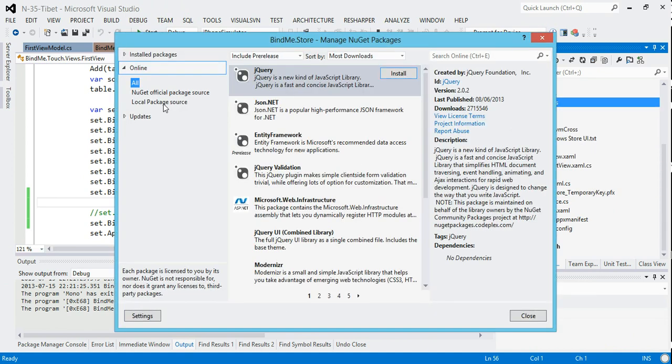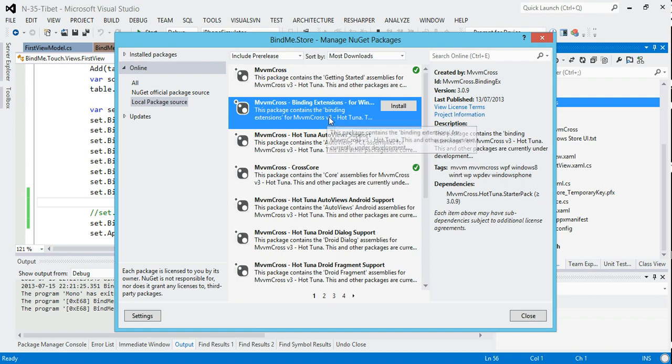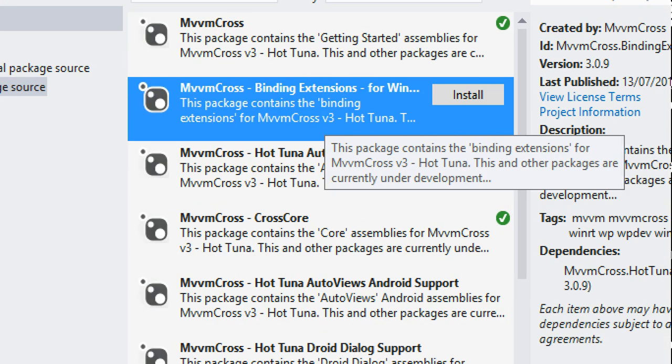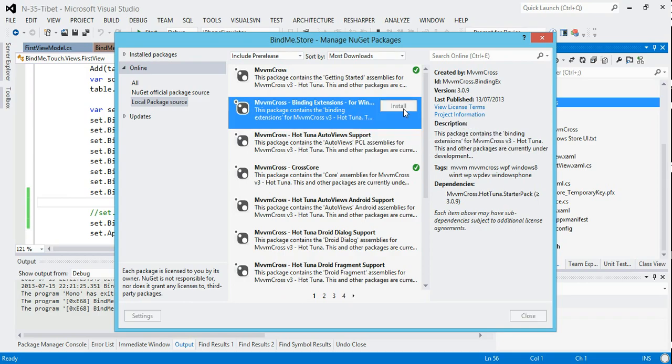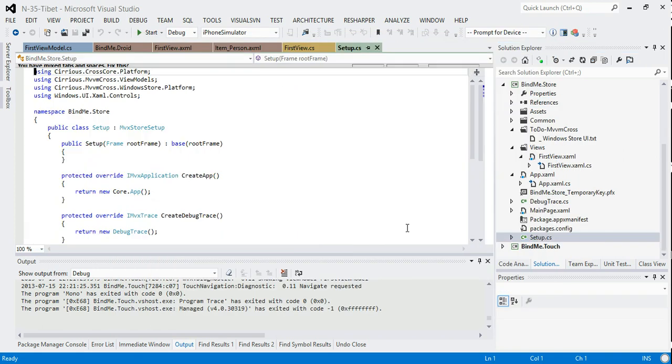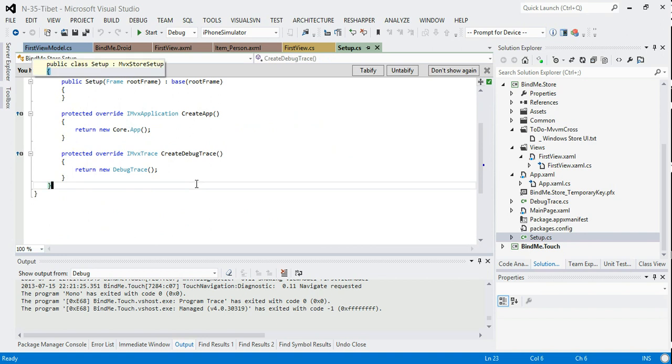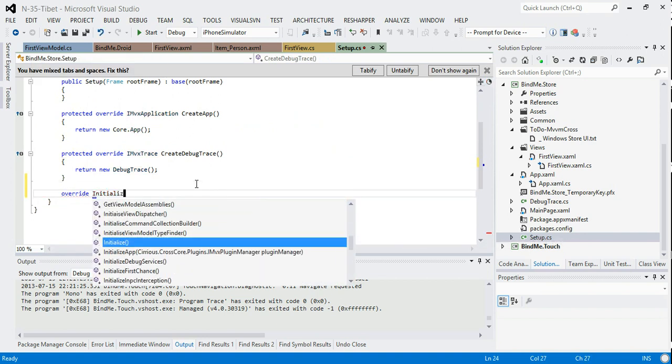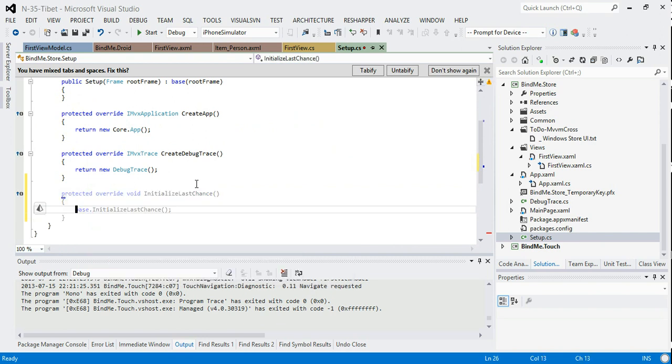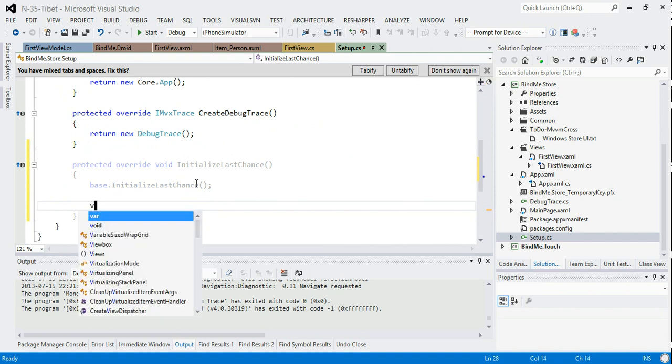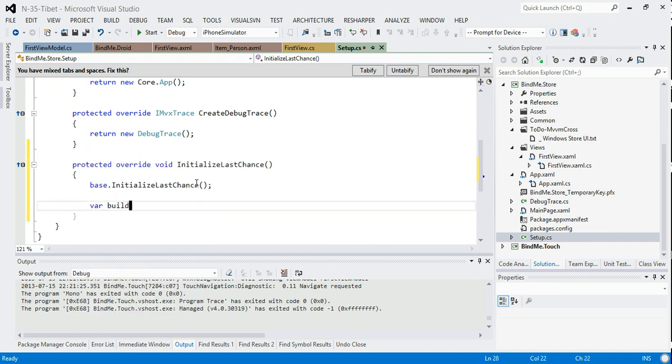And to do that, you go to NuGet, and there's a package here called Binding Extensions for Windows Only, and you install it. And when you've installed it, you then have to do a little bit of setup. And to do that, what you do is you override a method called initialize last chance, and in there what you do is you create, and I'll just zoom in a little so you can see this, you create a builder, and a builder is a new MVX